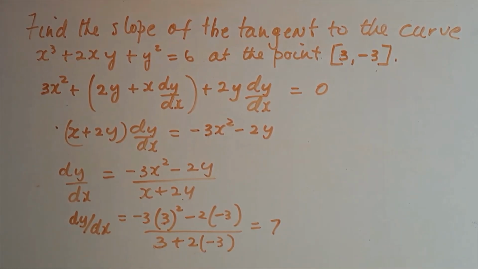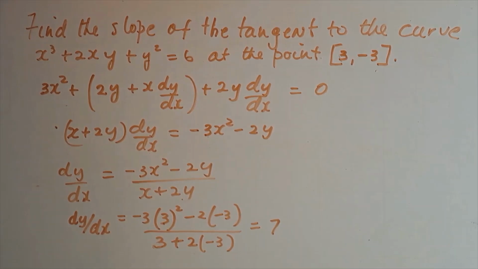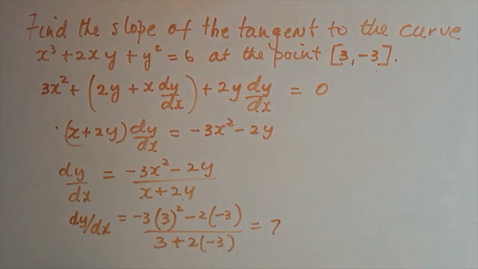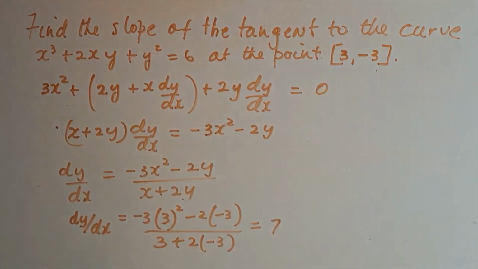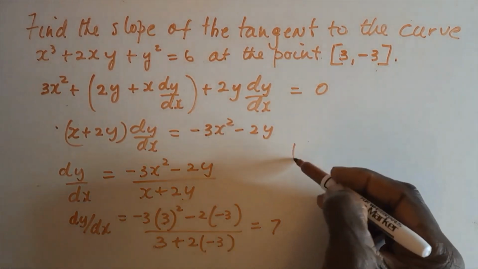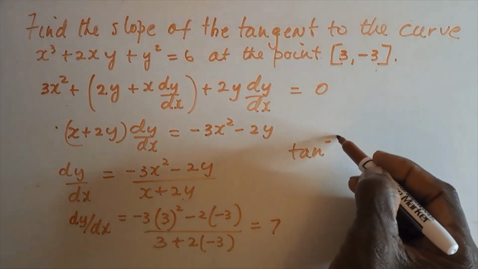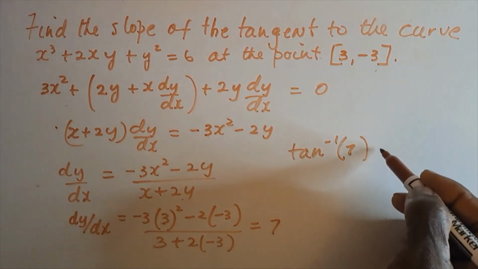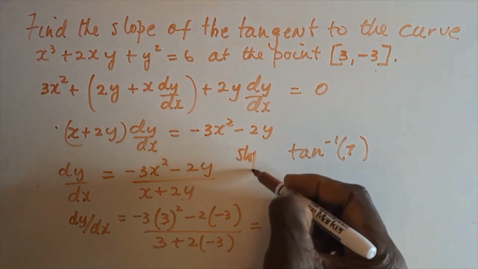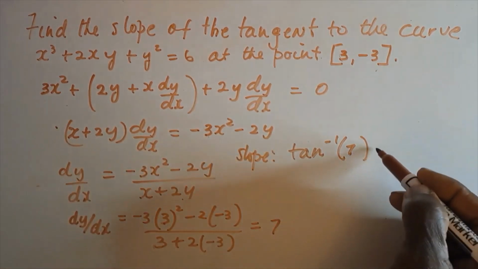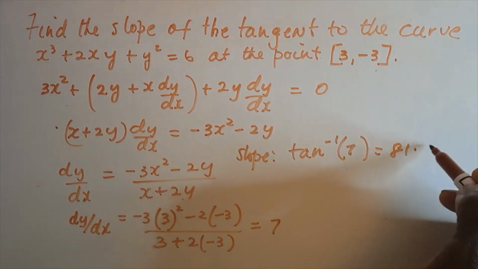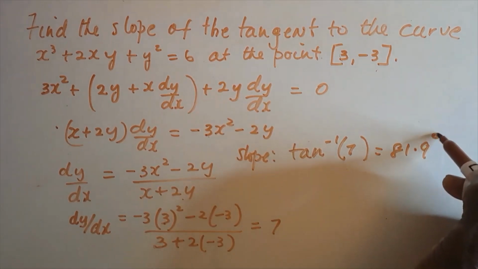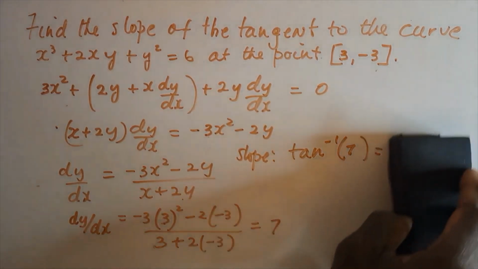So we know the gradient of the tangent at this point, which is 3, negative 3, is 7. And the slope is tan inverse of 7. So this is the slope. And this is equal to approximately 81.9 degrees. Let's round it off to 82